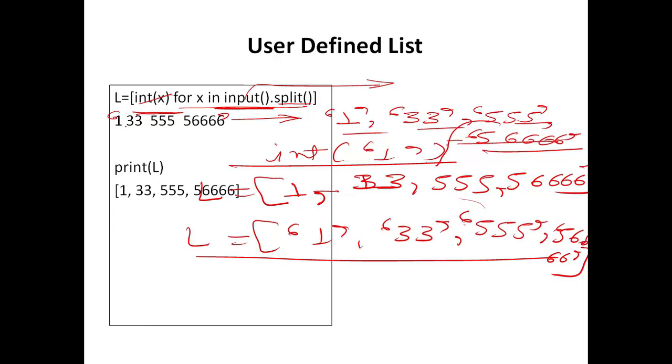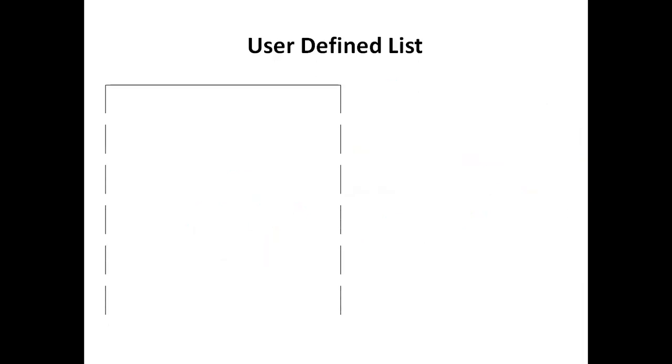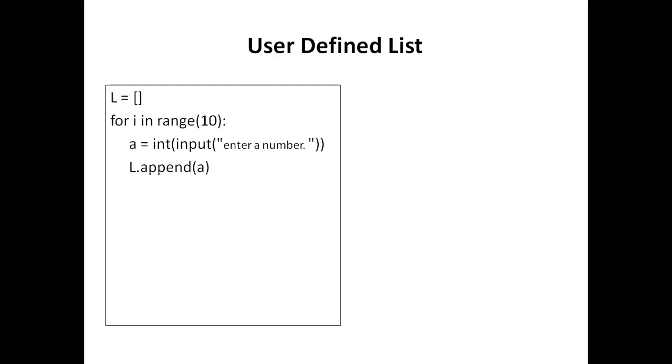There is another way of creating a user defined list using the predefined function of a list, which is the append method. So what does the append method do? It takes one value from the user and it appends that element into the list. So what you have to do, just take an empty list first,